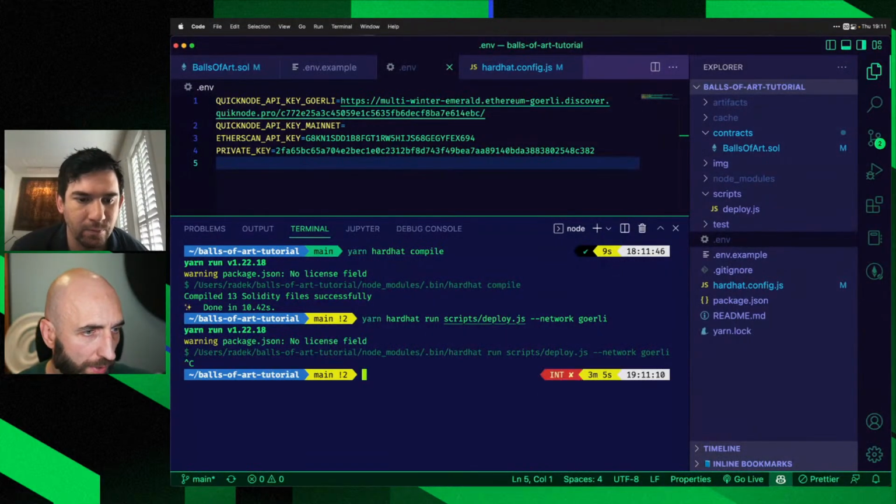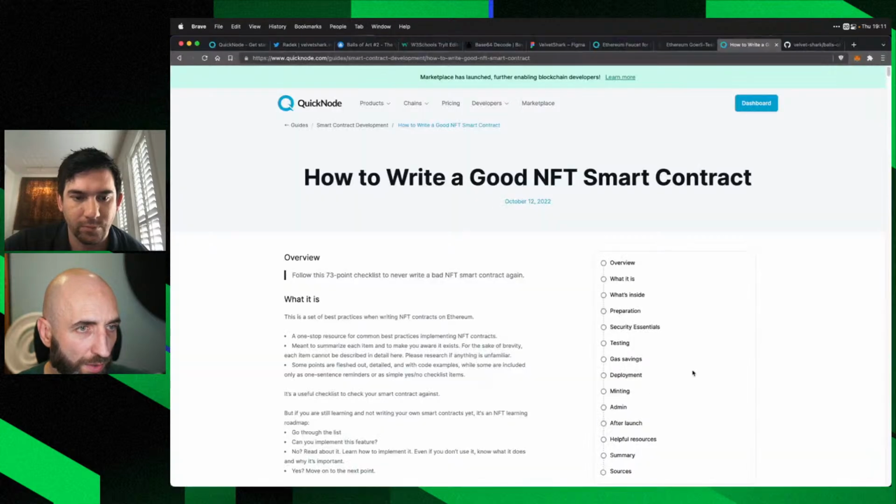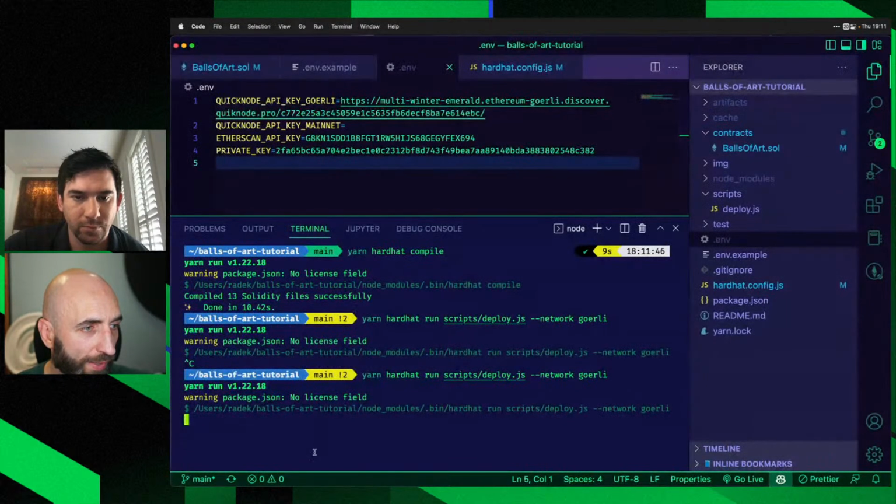Okay, let's try it again. If it doesn't go through within the next minute, then we'll skip this step, unfortunately. But actually, while we are waiting,